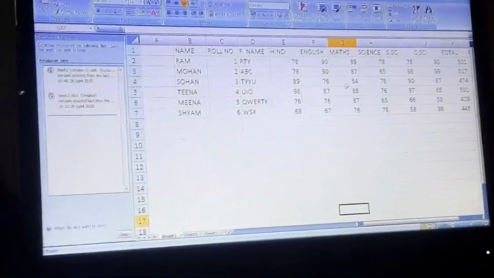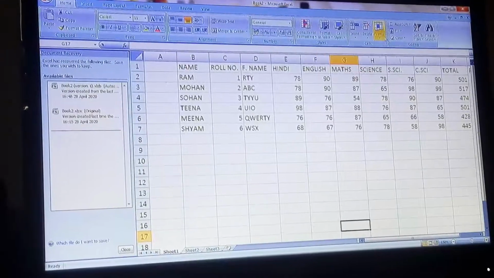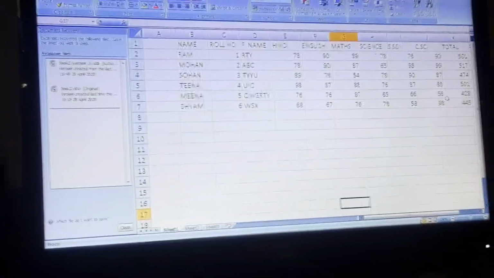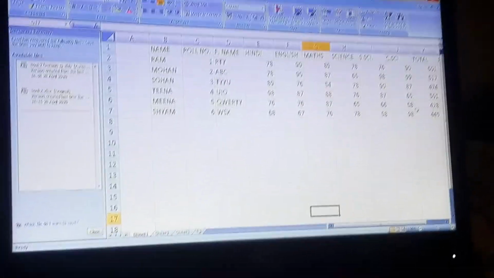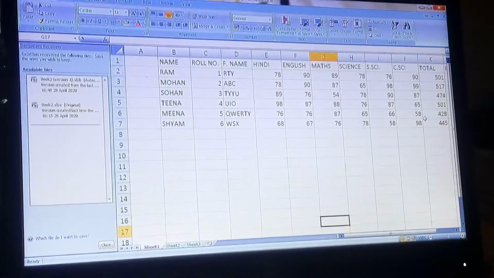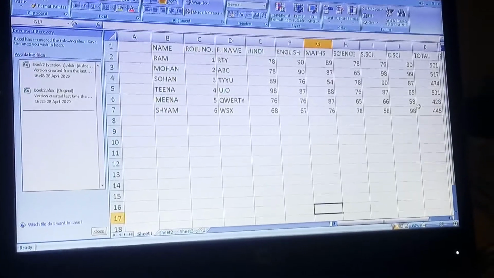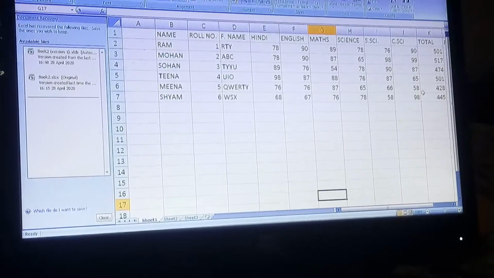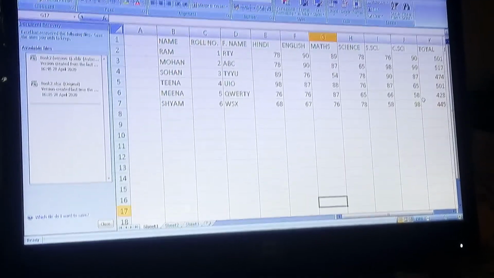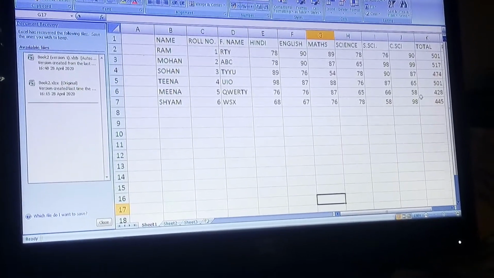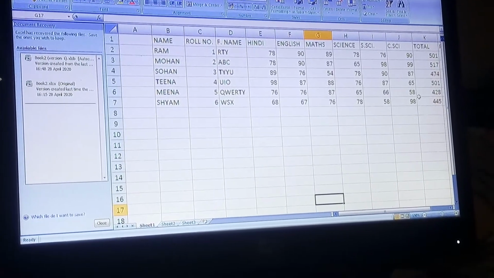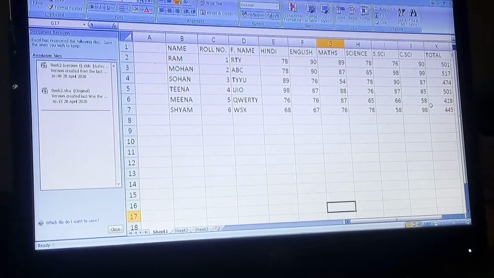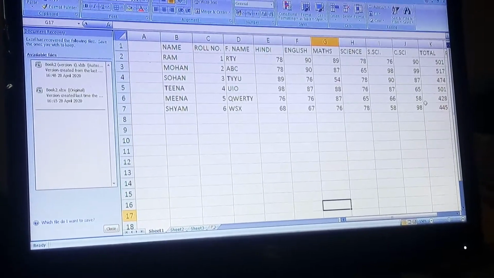Clear? After that, we have learned about the concept of filtering. What is the meaning of filtering? Filtering means to extract data according to the desire. All the records are there, but you have to extract those records which satisfy your requirement. Whatever your requirement, it shows only those records which satisfy the requirement, or you can say condition.